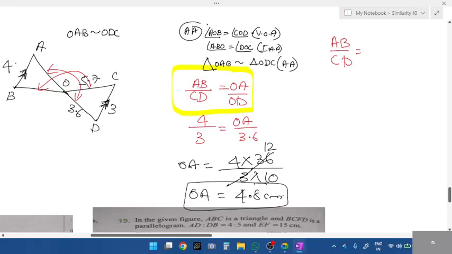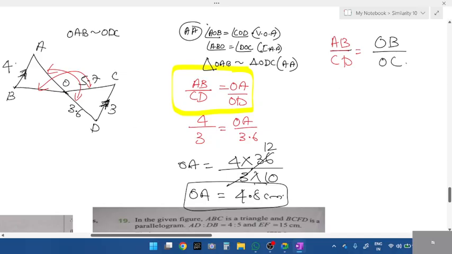Yes, why is nobody answering? AD divided by CD? No. AB divided by CD. Where is AB? Left hand side diagram or the second diagram? First diagram. What about CD? From the first diagram, take the third part. What is the third part? OB divided by, from the second diagram,